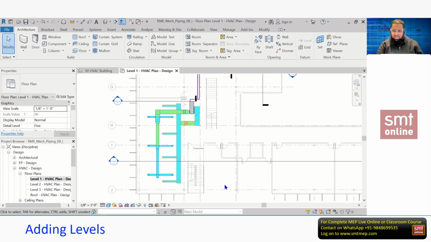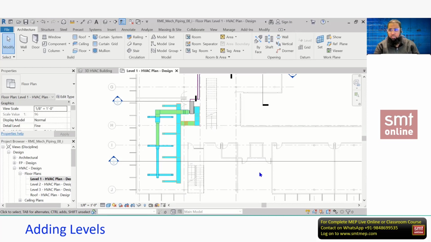So I think you got the difference between element and category. Element means only the selected object. Category means you can select any one element of that category and it will affect the whole category. In the previous session, we discussed the difference between family, category and type: Revit element, category, family, and types. Next we'll talk about visibility graphics. But before visibility graphics, we'll complete adding the levels. This is also a very interesting and important topic.